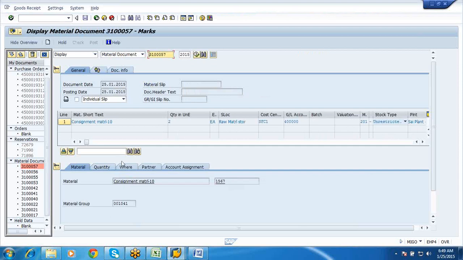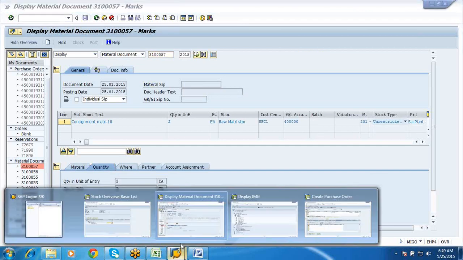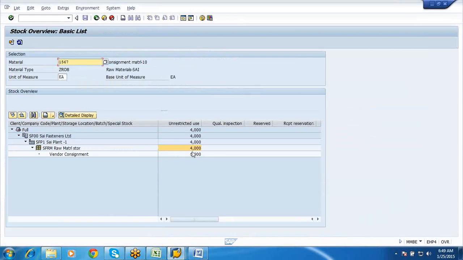$31.57. So what was the quantity which we changed? It was two numbers. Okay, so now before refreshing, the stock we have done 201k. Now let us see whether it's going to get changed in the 6 numbers or in this 4 number. If it gets changed in 6 numbers, I'll tell you why. That is under the vendor consignment. If the stock gets changed in your 4 numbers, then I'll tell you why it has got changed in 4 numbers.